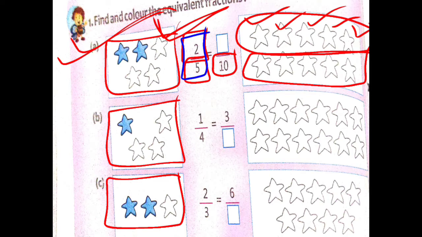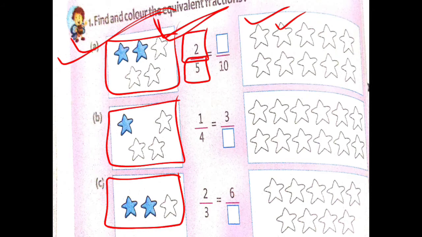So what will you do? 5 2s are 10. That means you are doubling. So 2 twos are 4. So here you are shading 4 stars. Then it becomes 4/10. So when we are talking about equivalent fractions, then this particular 2/5 becomes